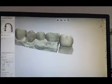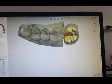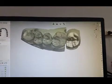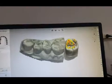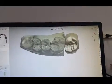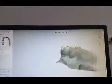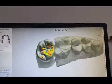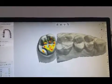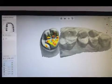This looks okay to start with. I'll proceed, and now these colors here are where the crown is touching the opposing. It's an option. I can turn them off or I can turn them on, or I can do one of the two. And I usually like to work with both, sometimes with one, sometimes with none, depending on the case. Now looking at this case right here, this first molar is a little rotated, so we're not going to follow the rotation, but we're going to try to get a little bit broader contact,